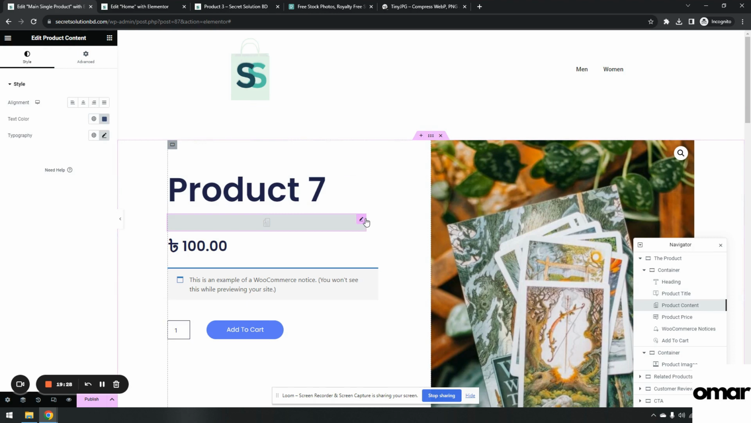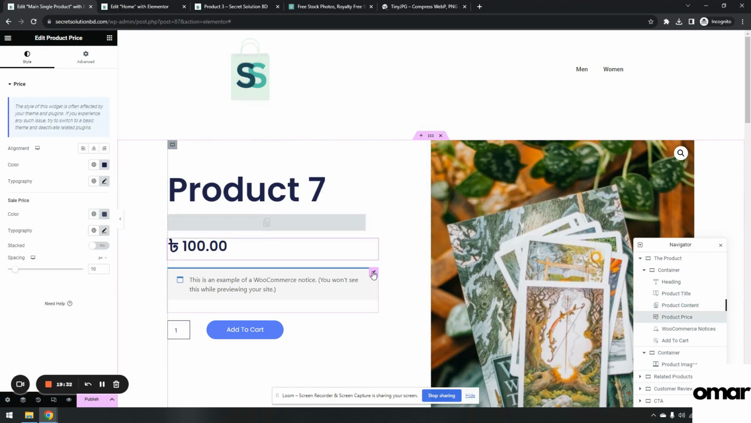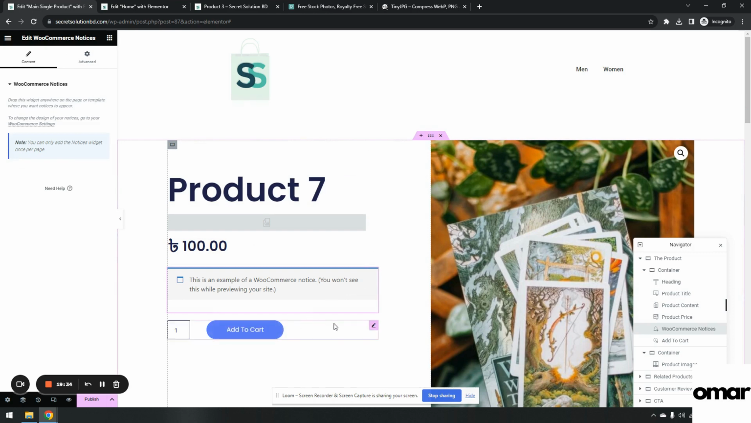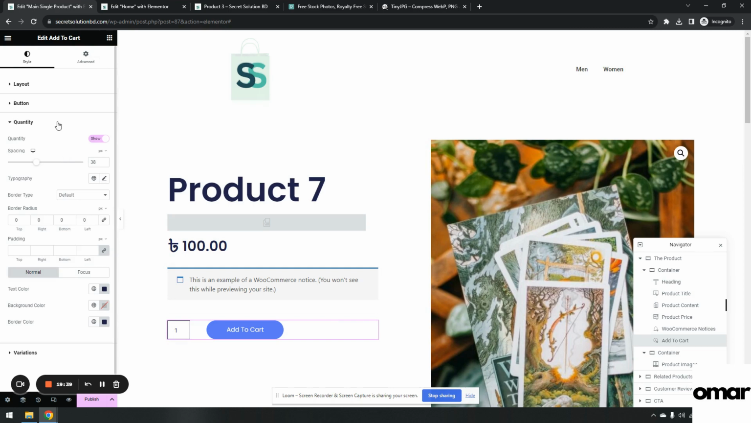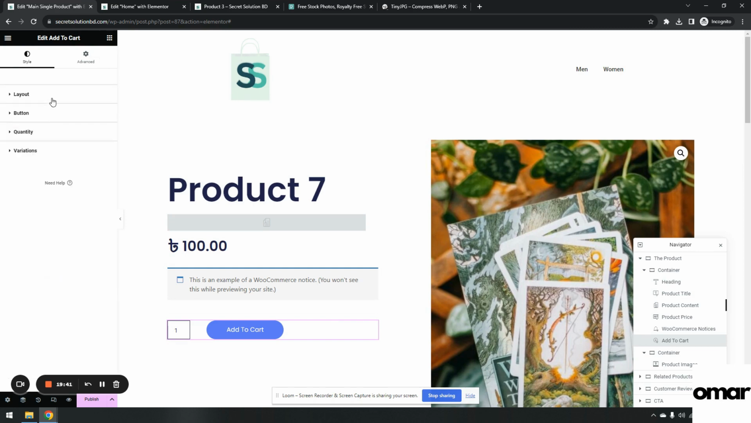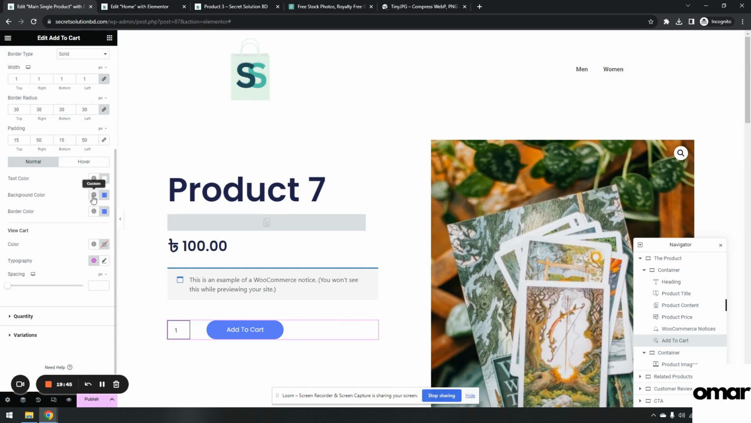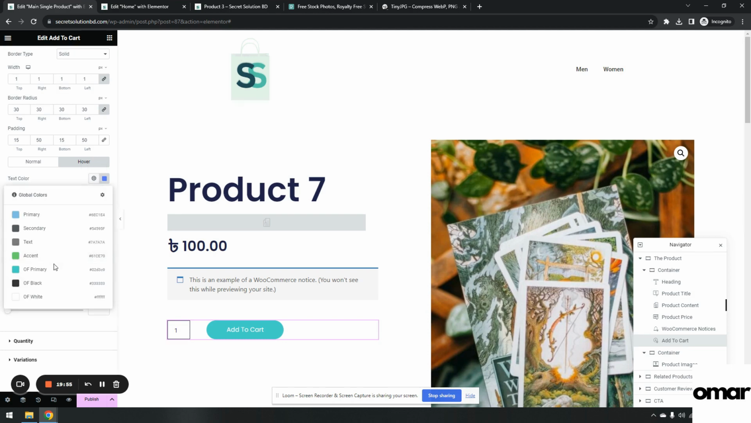This is any product content, and this is the pricing, and this is the add to cart. You can also change it. You can also change the color, the styles from here, the background color to this, and then border color if any, and the text color. You can also change the hover,